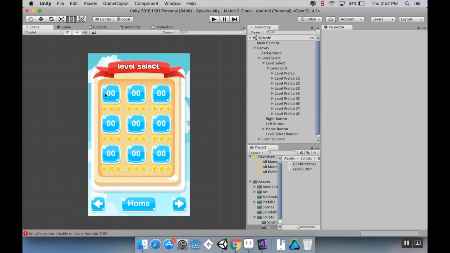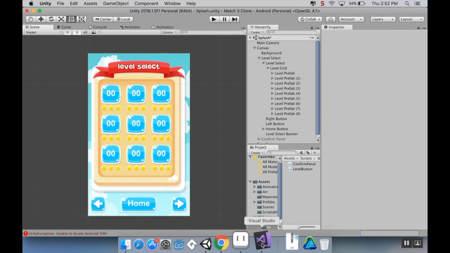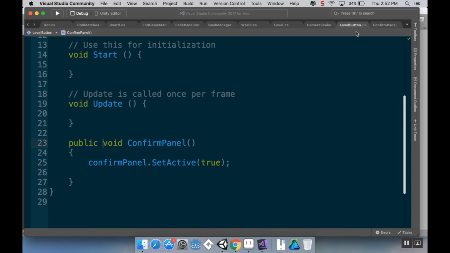So we've got the transition from the button to the confirm panel set up. The problem though is that once we're loading up that confirm panel, we don't have any of the information going through, and this doesn't even know which level it is. So what I'm going to do here really quickly is we're going to go into our level button script, and we're going to add some